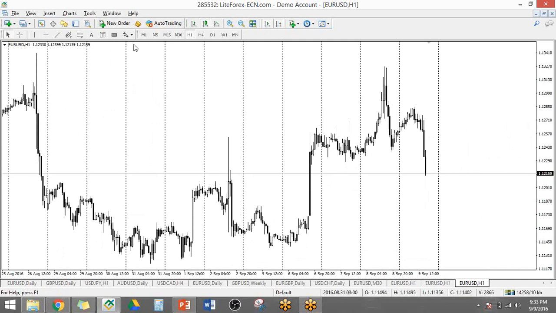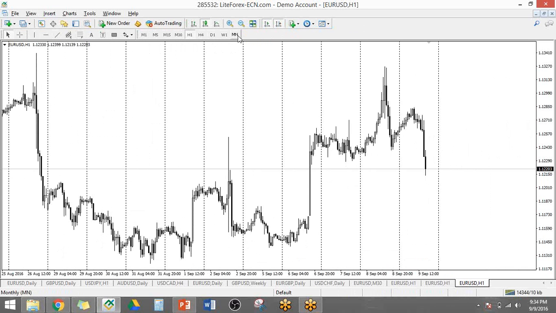Now below here, let's go with this one first. Time frames. So you can change the time frame of the charts that you're using. You have M1, which is 1 minute, 5 minutes, 15 minutes, 30 minutes, 1 hour, 4 hours, daily, weekly, and then monthly. So what do you mean by hourly, or what do you mean by every day? That means you're changing the time of your candlesticks. Basically, the time that your candlesticks measure.